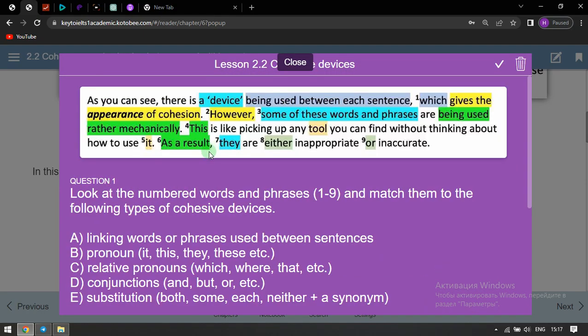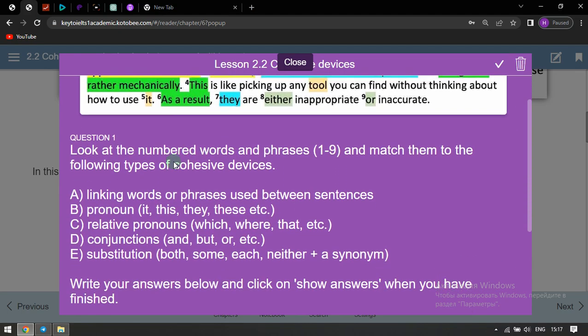Okay. So, question 1. Look at the numbered words and phrases. Raqam qo'yilgan shu so'zlarni, frazalarni ko'rar ekanmiz 1dan 9 gacha va ularni quyidagi cohesive devicelarga moslashimiz kerak ekan. Mana masalan